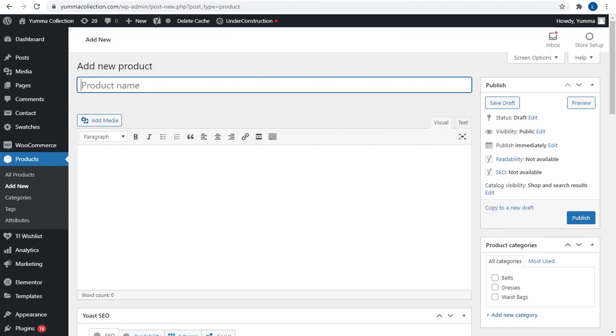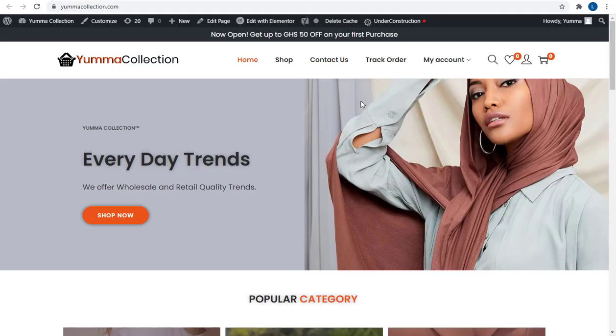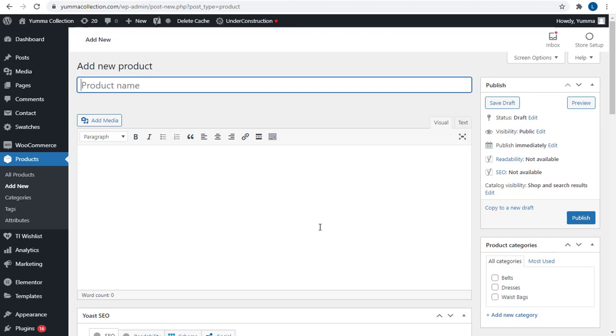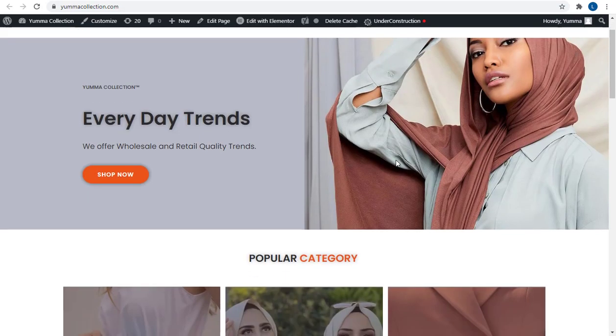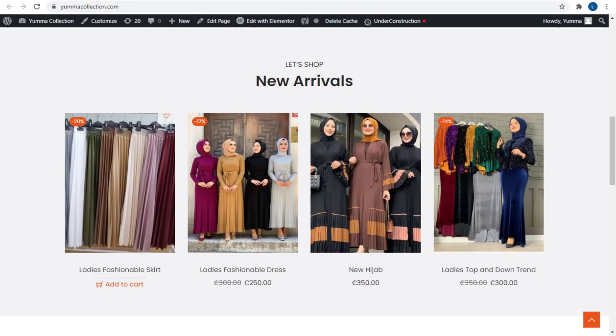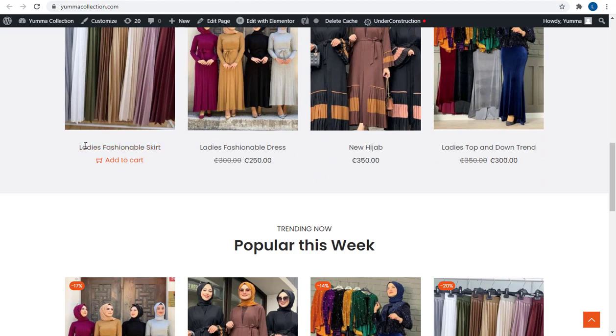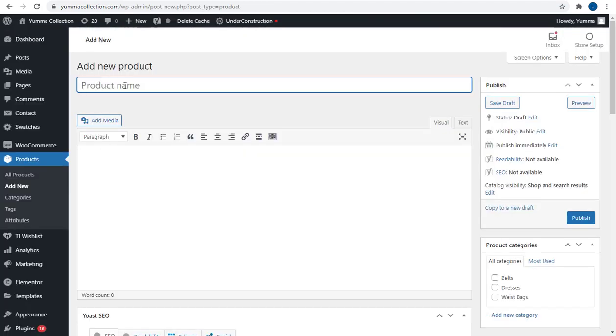Let's go to the home page of your website. So this is the home page of the website, and this is the back page of the website. Here, when you come down, you will see these products. Now this name here is the product name. So when you come here, they tell you to enter a product name. Let's say you are uploading a belt, a women waist belt. What you need to do is to come here and write the name, that is women waist belt